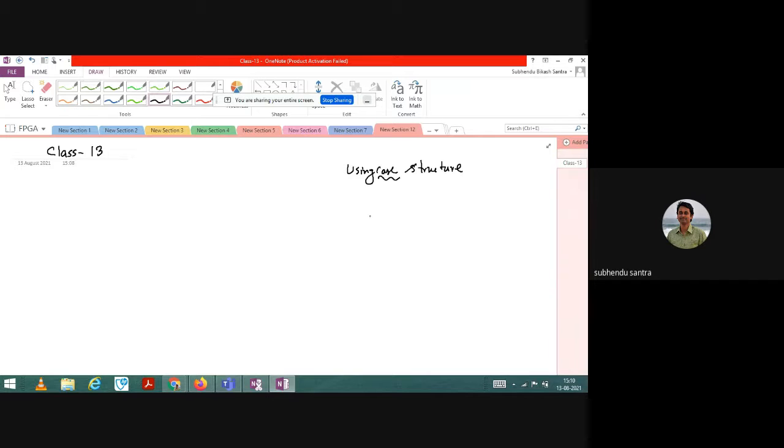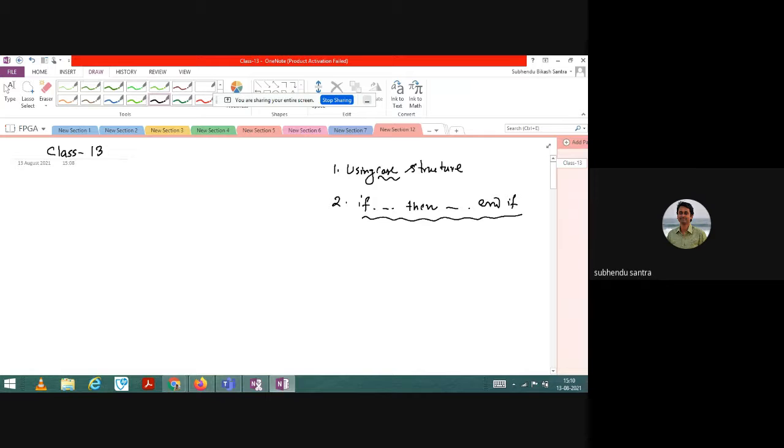It is also a kind of if else, you can say, but not as similar: if, then, and I will write end if. So this is another syntax I'll discuss today. So first is using case structure, and second is if, then some instruction, then end if.